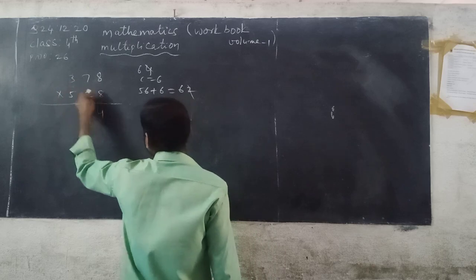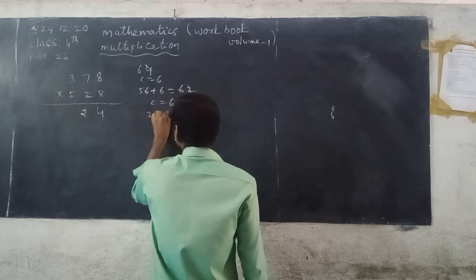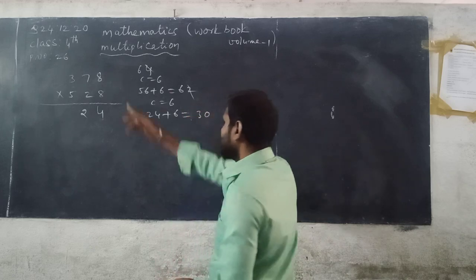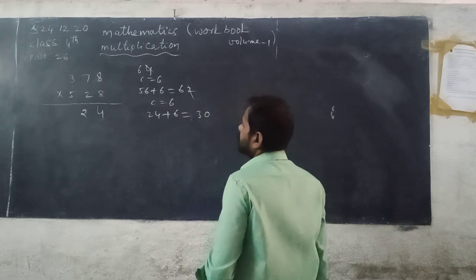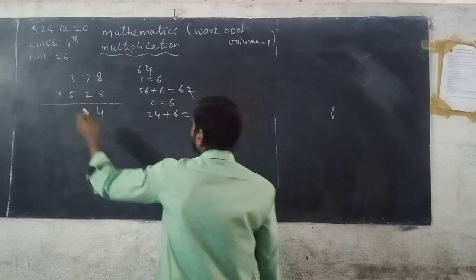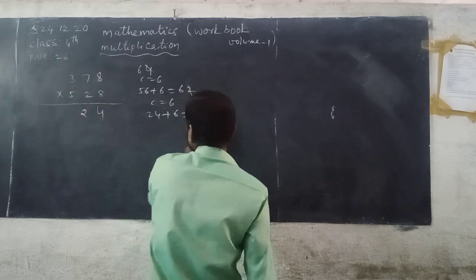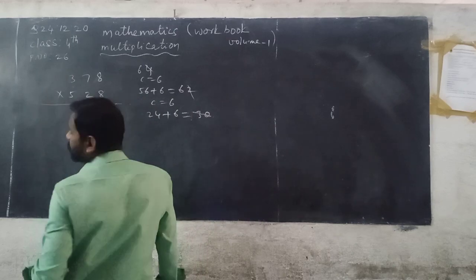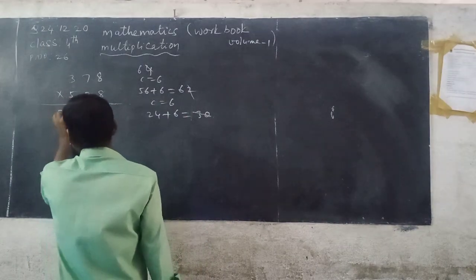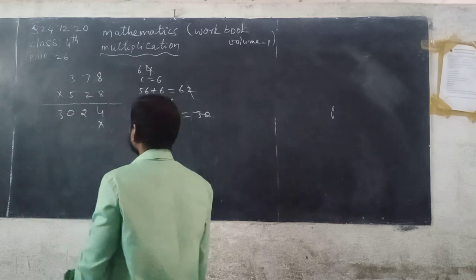Now next we will multiply the digits in the hundreds place. 3 with 8, 8 threes are 24. 6 is added to 24, 24 plus 6 you get 30. This is the last column of the given number, so you can write 30 in the hundreds place of the column of the product. Then you cut the ones place.